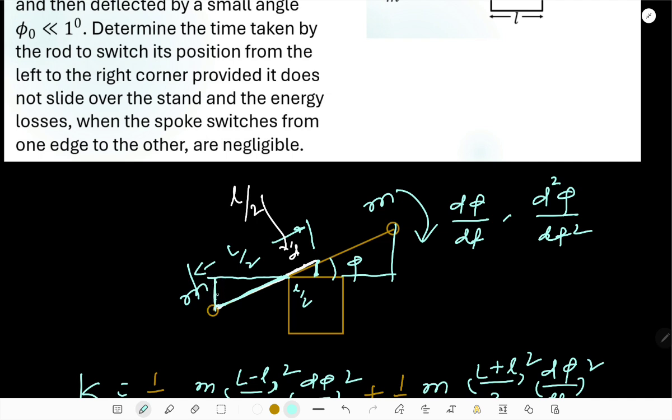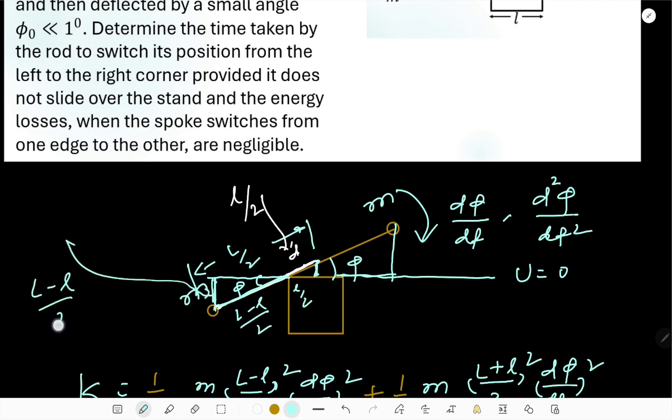So we will be needing this length, because I am going to take the zero potential energy level here, that is called datum. If this angle is phi, this angle is phi as well, and this length is L minus l upon 2. So this length will become